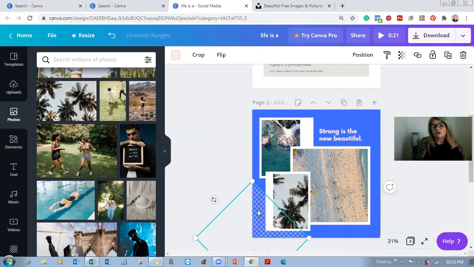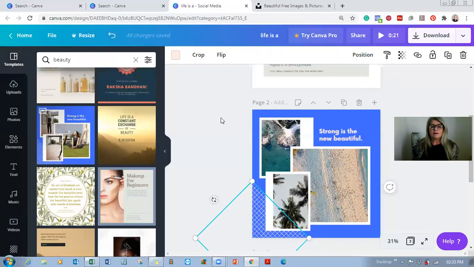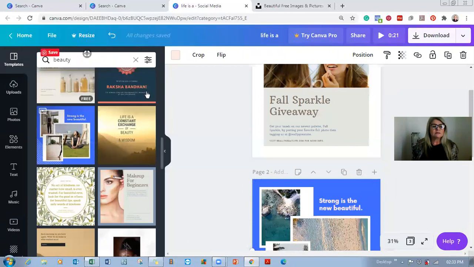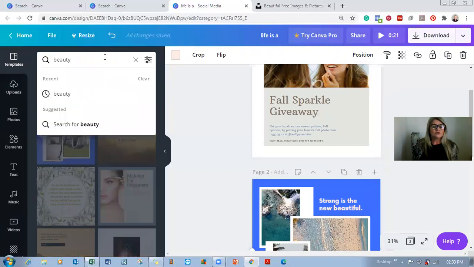These are grids which you can leave, or you can just delete them by pressing delete element here, or the delete button on your laptop. Let's go back to templates, and let's go back to templates and choose